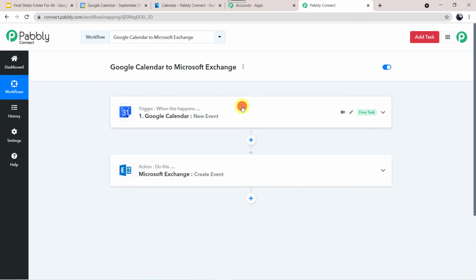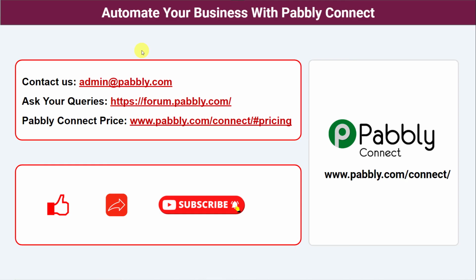Okay, I'll just minimize this trigger window also. So here in this use case, we want that whenever a new event or a new meeting is created in Google Calendar, automatically the same event, the same meeting should be created in Microsoft Exchange also. So not just these software applications, you can integrate a ton of applications and automate your business using Pabbly Connect.